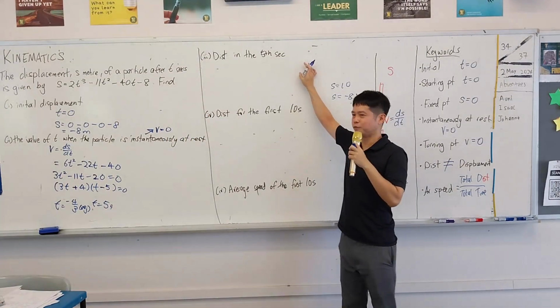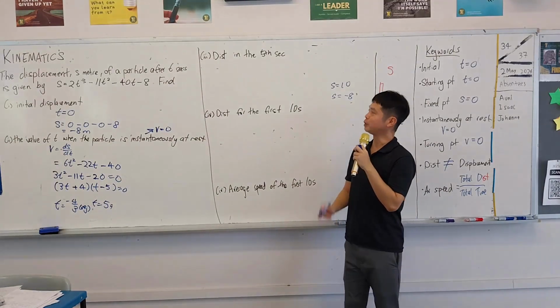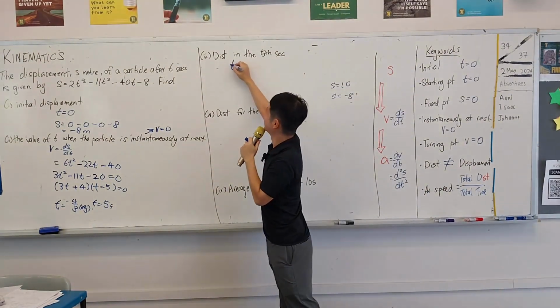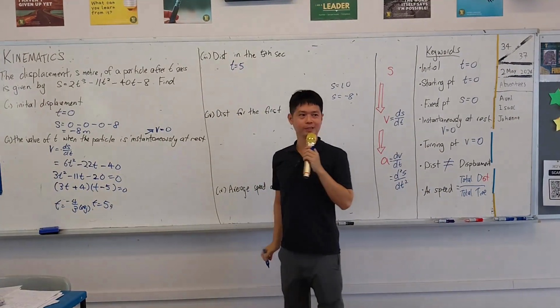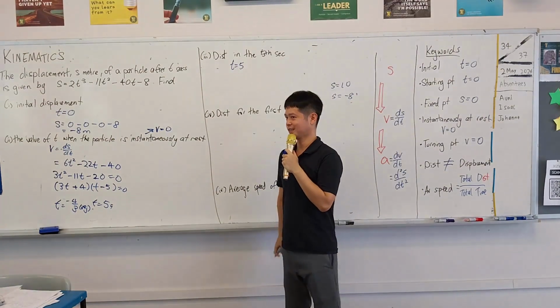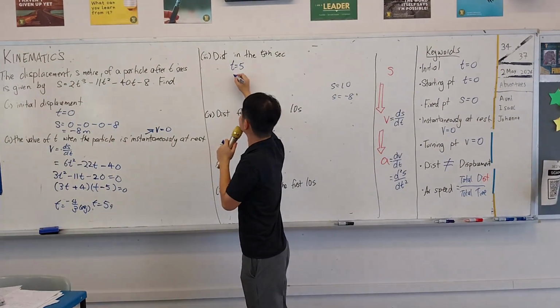Okay, this part here is very, very important. How do you think we will find the distance in the 5th second? Let t be 5. This is not totally correct. Okay, so when t is 5, our